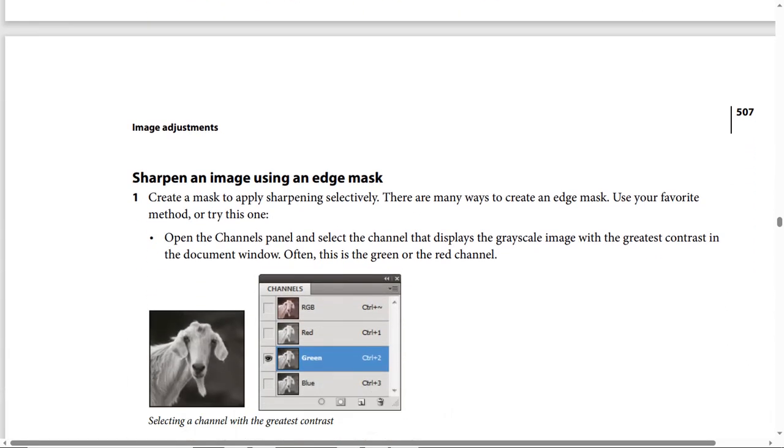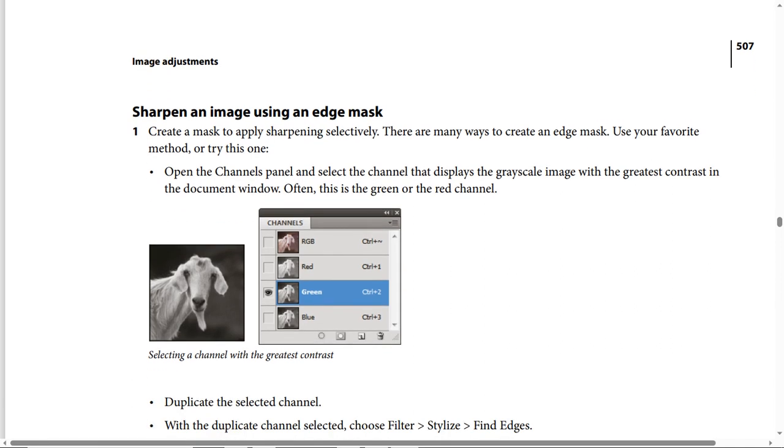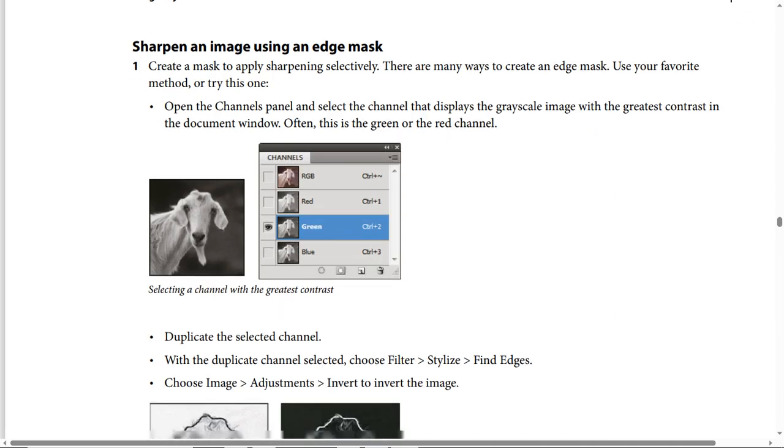Sharpen an image using an edge mask. Step number 1, you should create a mask only to apply sharpening selectively, and there are many ways to create an edge mask, by the way, and you can use your favorite method or try this one. You should open the channels panel and then select the channel that displays the grayscale image with the greatest contrast in the document window, this is the green or the red channel, like this screenshot